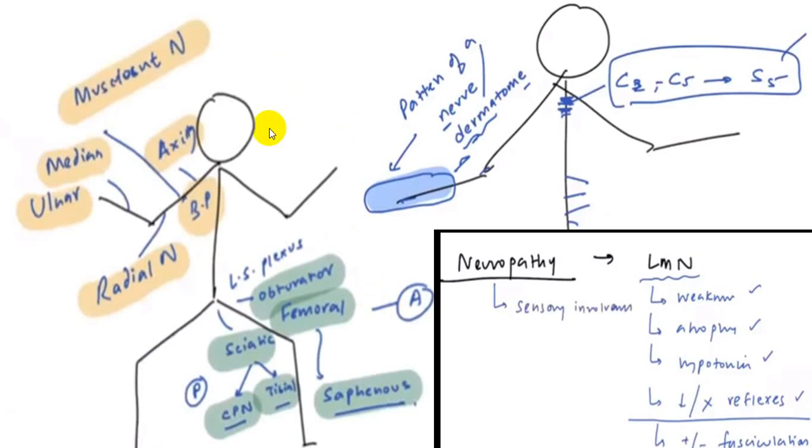And if you take the upper limb and lower limb, close to the shoulder joint, we have got the axillary nerve. Then we have got the musculocutaneous nerve. We have got a brachial plexus. We have got a median nerve, ulnar nerve, radial nerve. So you should know which part of the body and which muscles this particular nerve supplies. So if I get involvement of two and a half fingers, that is thumb, index finger and middle finger, then it is carpal tunnel syndrome.